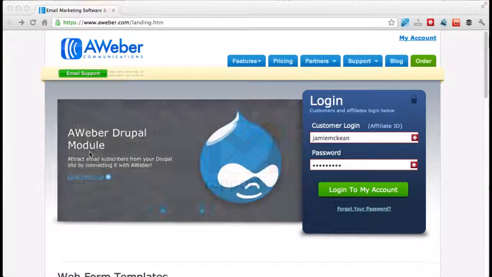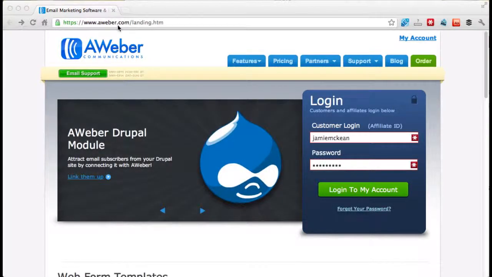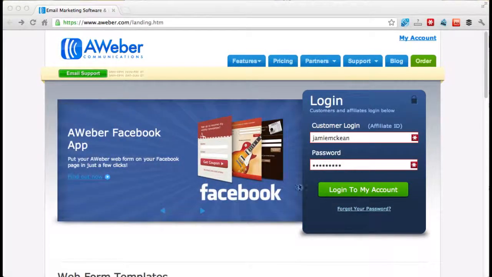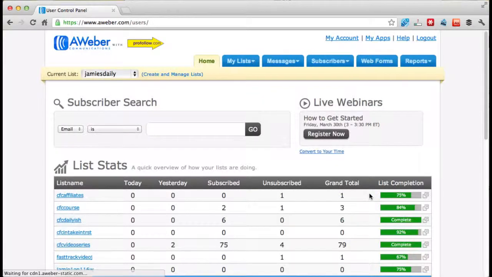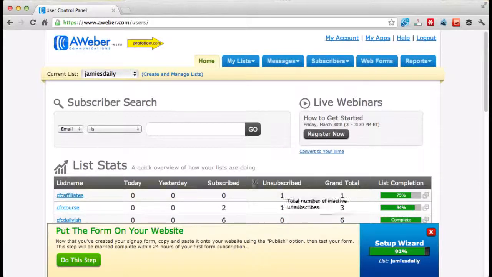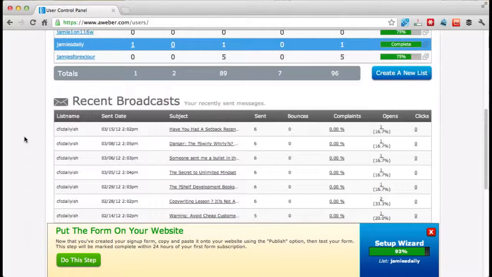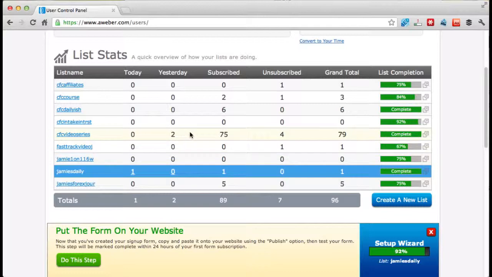So as you can see, I'm at the landing page and the login page for aweber. You should have got here by clicking the link from the aweber page in the site. With LastPass installed, it remembers my user details, so I'm going to click to log into my account, and now it logs in. I've got a large number of lists in here, and as an example, this one specifically with 75 people in. That list's only been open for a couple of weeks now, so there's 75 new leads in this one as